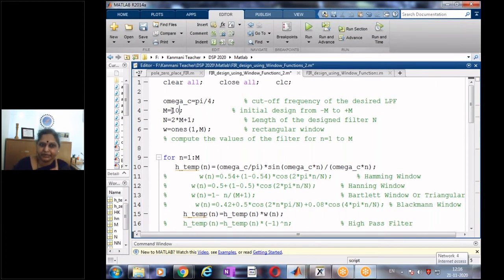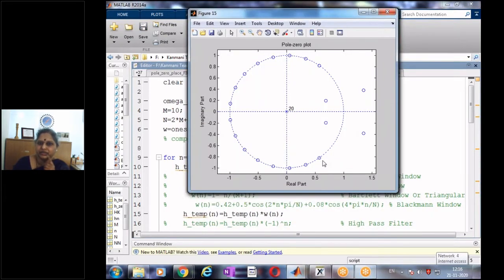So I'm going to have 21 coefficients. My impulse response is going to be of length 21, and now let us see how my poles and zeros are located. So now these are my zeros, and in addition I have some 4 zeros located here. Where is my cutoff frequency? Cutoff frequency is somewhere here. So I have 21 coefficients, so there are going to be 20 zeros and 20 poles. All the poles are at the origin, and most of my zeros are located on the unit circle, and very few zeros are located in this region.